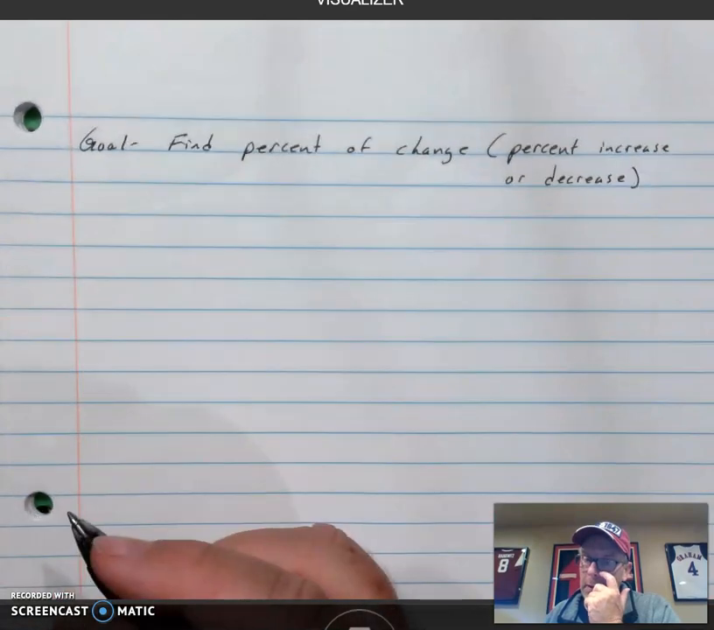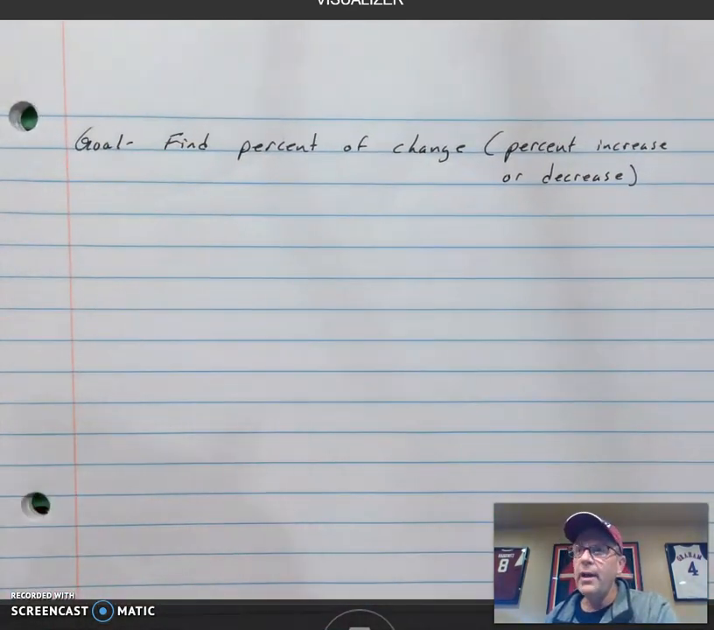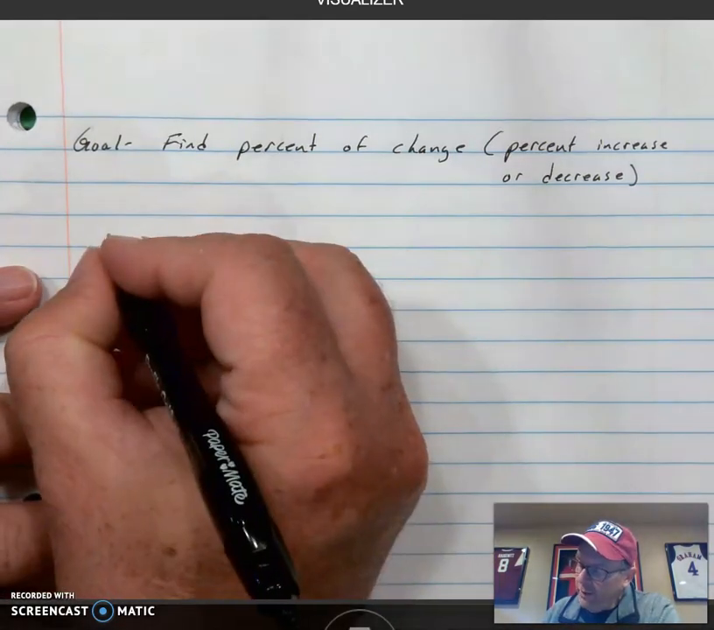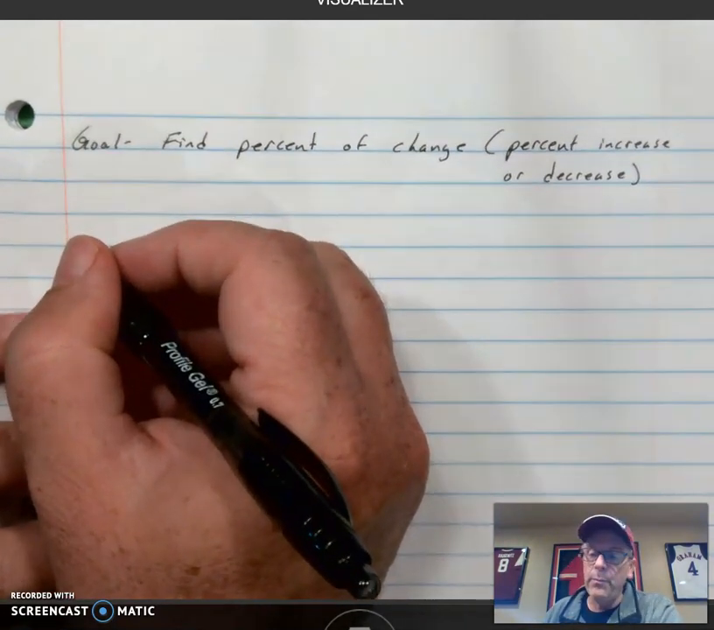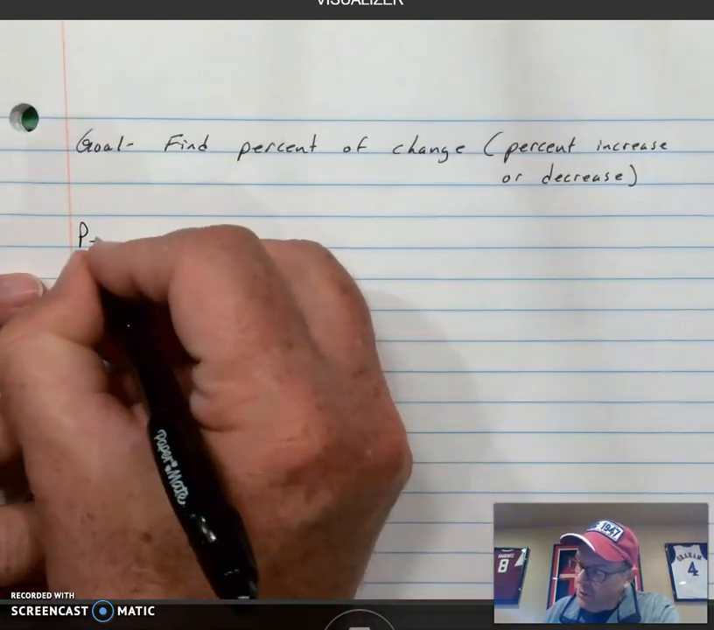So when you think about percent increase and decrease, you can think about how many different types of applications there are real world-wise. You can talk about money, prices, anything that has to do with values. The great thing is you've solved a lot of proportional equations. This doesn't necessarily have to be proportional. So the way that we're going to solve a percent of change